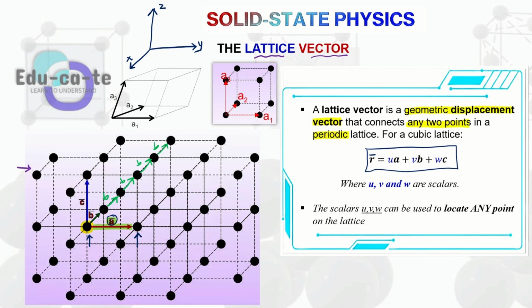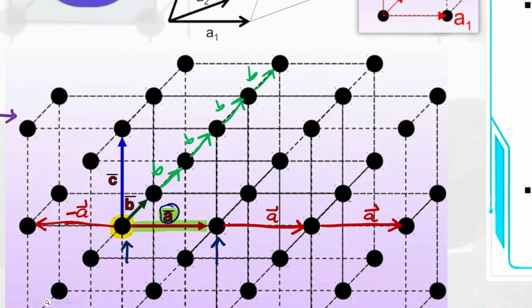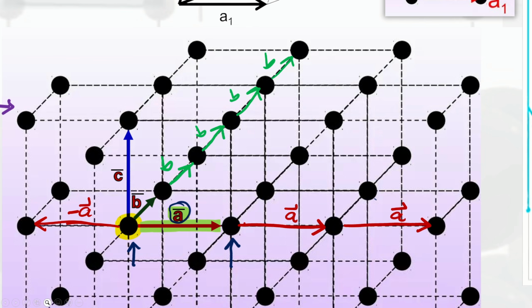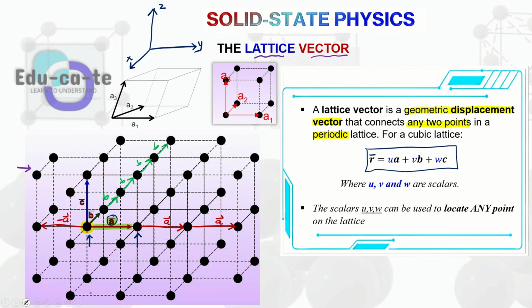Even if we look at the value of A, the vector A will also be found here. This is also going to be vector A. From here to here is also going to be vector A. So any point that is going to be vertical is still going to give the same value of vector A, but it can be in different directions now. It can become negative vector A because you are now moving in a different direction. But any vector that you're going to find along this axis is going to be vector A, as long as it's between 2 points in a lattice. The same pattern repeats over and over again.